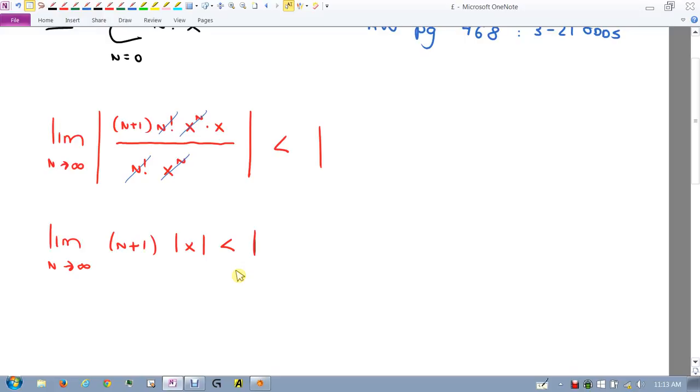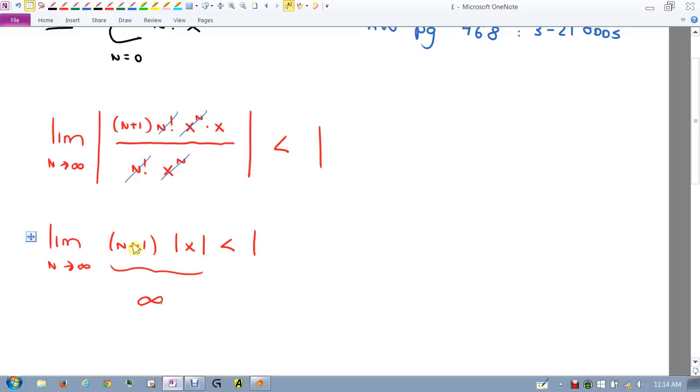But what happens here as n goes to infinity? It becomes infinite, right? This becomes infinite no matter what we choose for x. Because again, once we fix x, that thing's going to blow up, except if we do what? What's the only choice we can make for x that would make this thing stay less than 1? If x is 0, right? If we choose x to be 0, it is exactly 0. Then it doesn't matter how big this ever gets, because a huge number times 0 is 0,